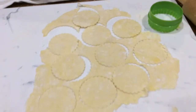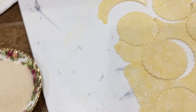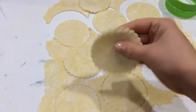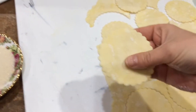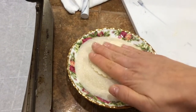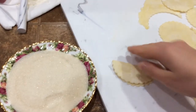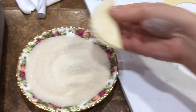So these are the cutouts, and I already have parchment paper ready and my baking sheet. So what I'm gonna do is I'm going to take one circle, see how thin it is. This isn't flour, that's the cheese that's in it. And then I just press it, and then I fold it in half, and then I press one more, and then I fold it again,